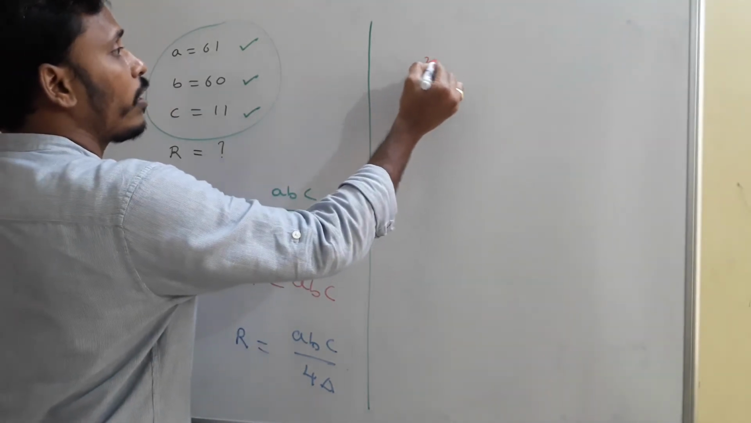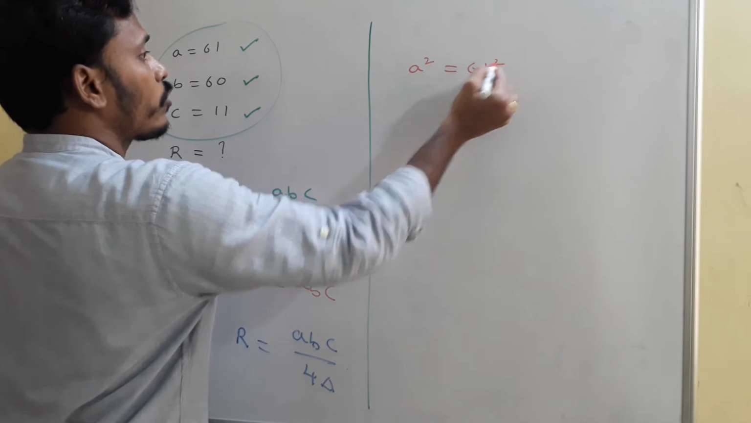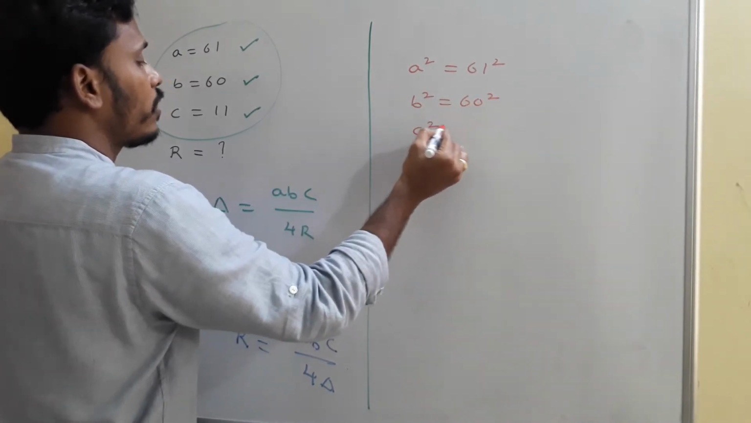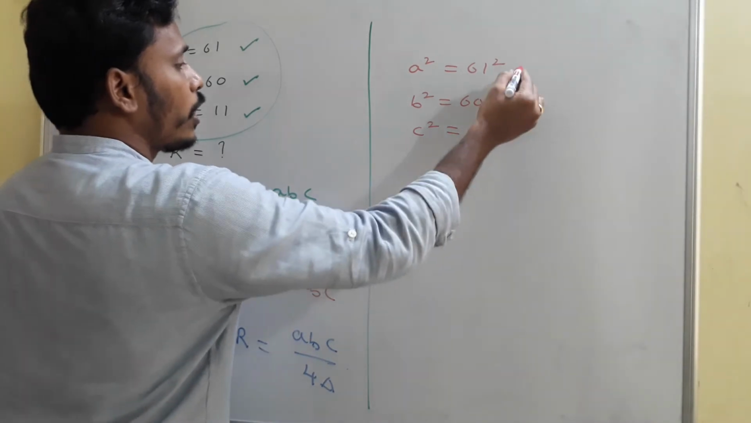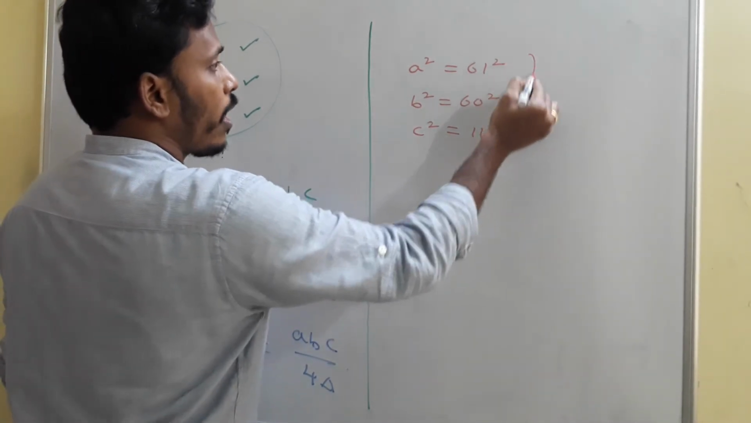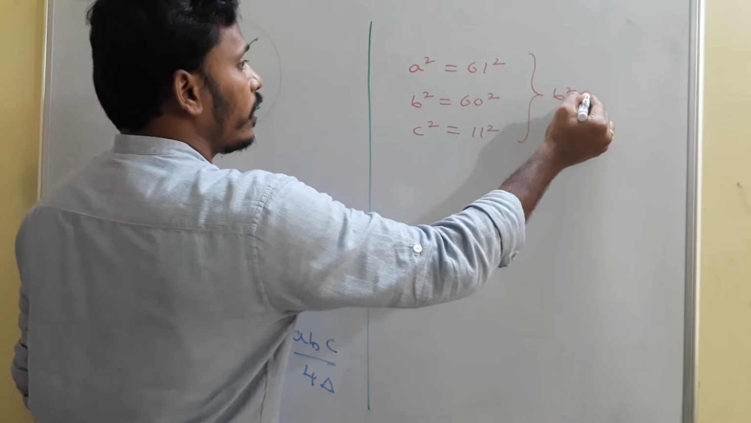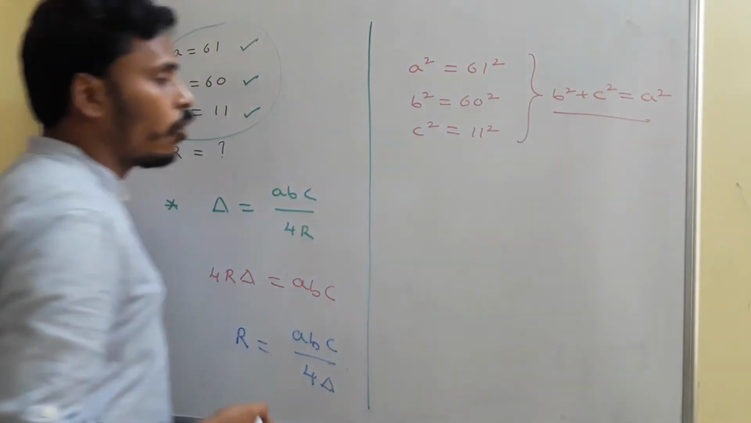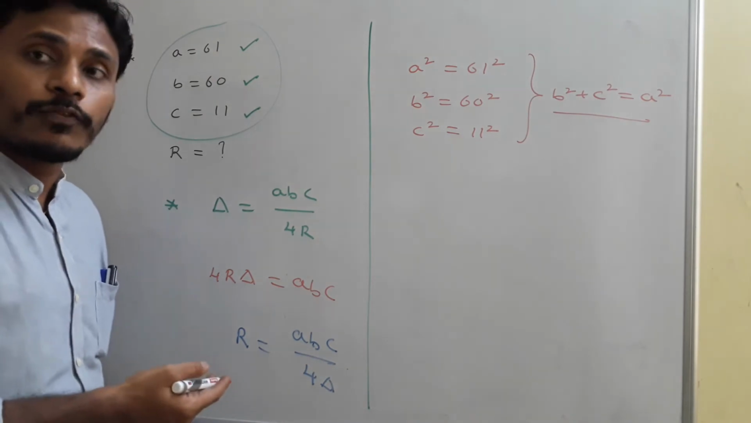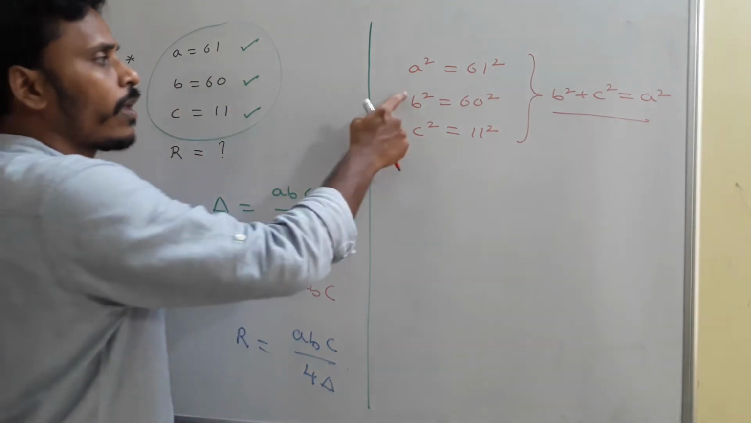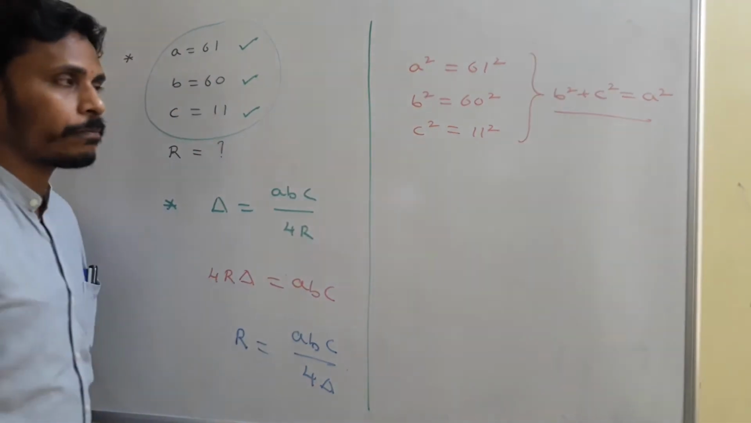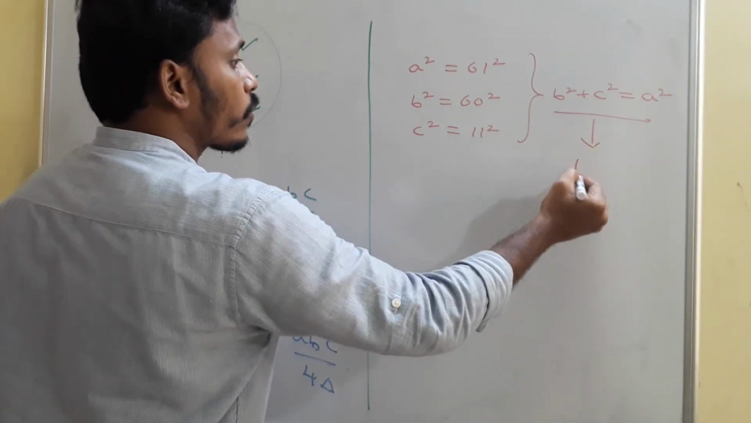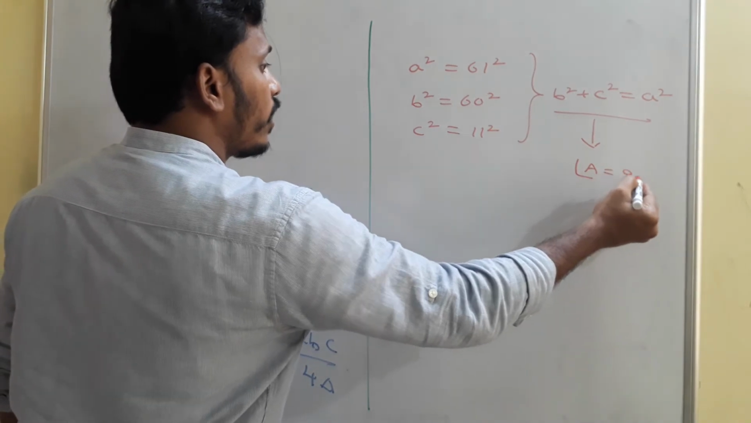See, think about a squared: A square is equal to 61 square, B square is equal to 60 square, C square is equal to 11 square. You just find these square values, and from these three values it is very clear that B square plus C square is equal to A square. Since I know, I am not checking. If you wish to check, just go for the checking. Add these two, that is equal to A square. And since B square plus C square is equal to A square, it is very clear that